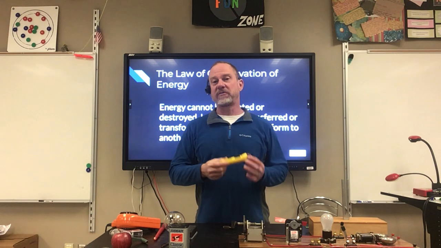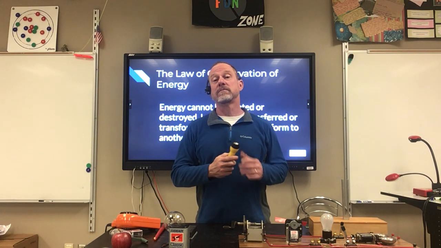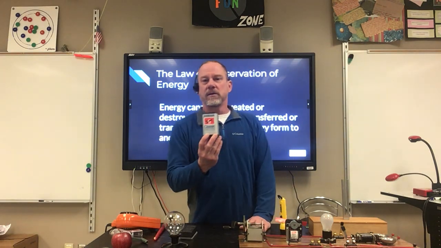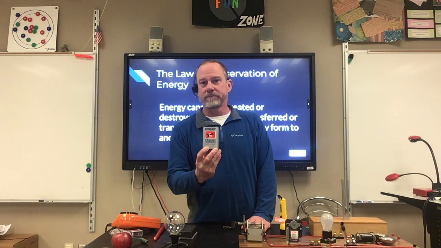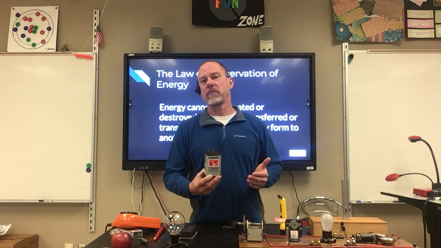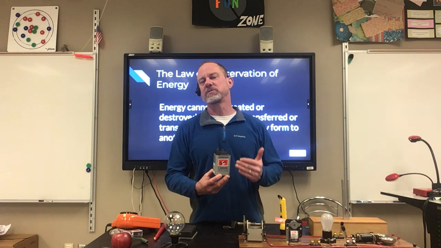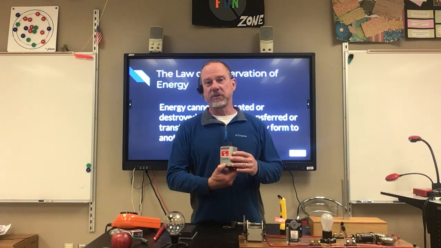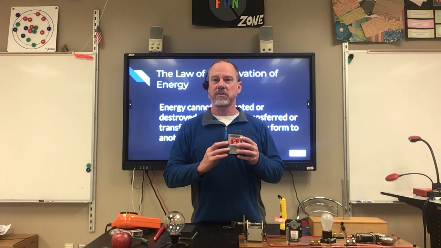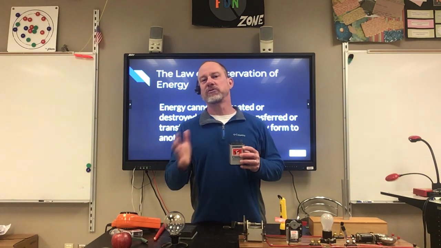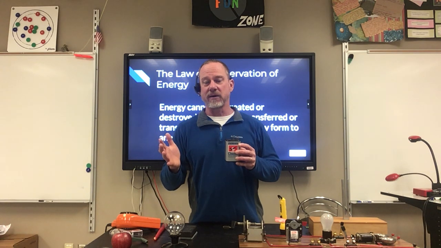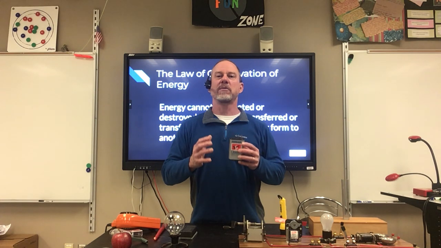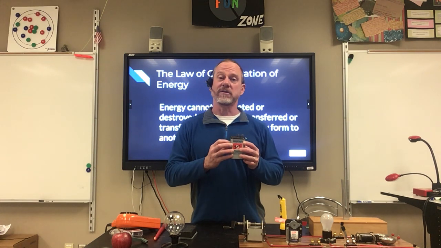Inside my flashlight I have a couple of batteries. Well, maybe we should start with a battery if we're going to use that. This is a battery. Everybody probably knows that batteries produce electricity. How? They produce electricity because of the chemicals that they contain. They usually have two cells, the positive side and the negative side, containing two different kinds of chemicals. And the way those chemicals are set up, it creates energy.